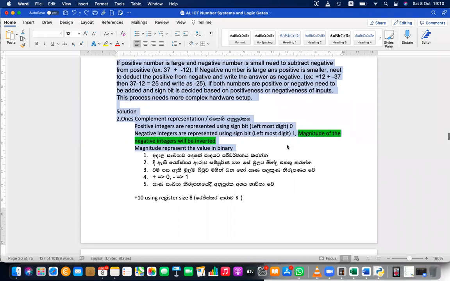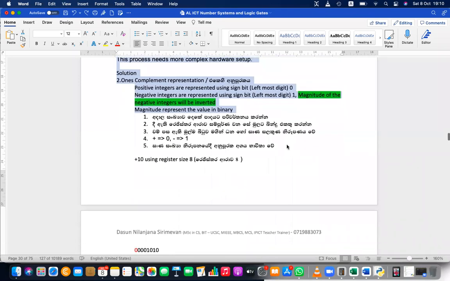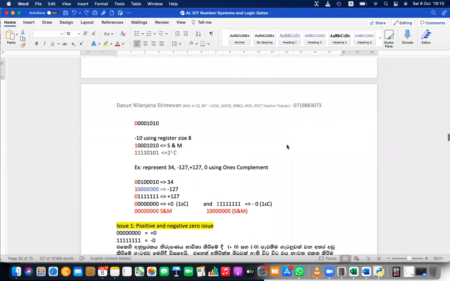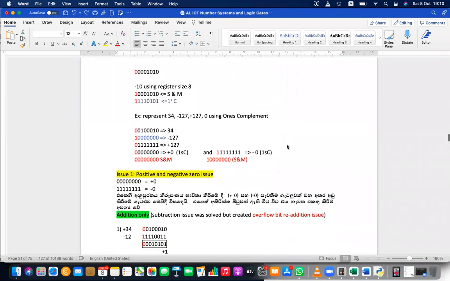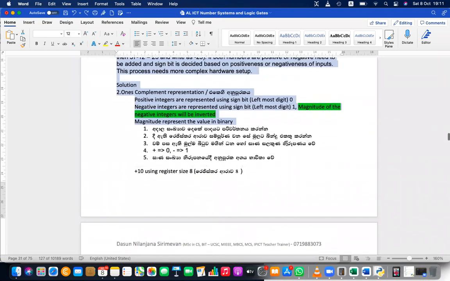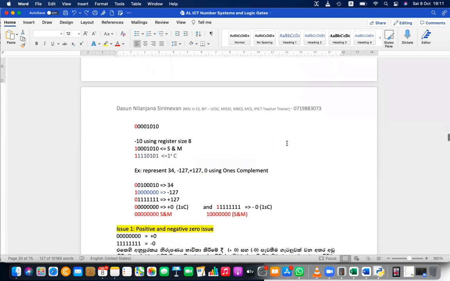So the remaining part we have to discuss is 2's complement. And also we need to do similar calculations using 1's complement. In 1's complement, the positive numbers have no difference. You can write them similar to the sign and magnitude method. The positive numbers are written the same way. But the negative numbers you need to invert, and when inverting